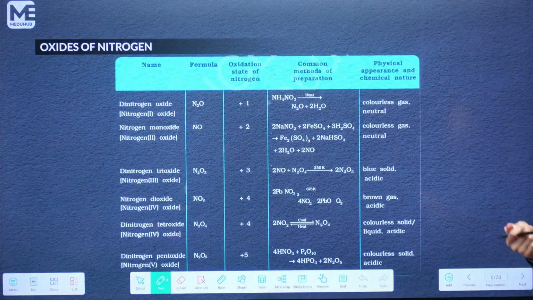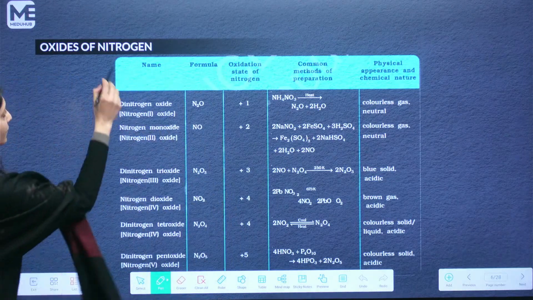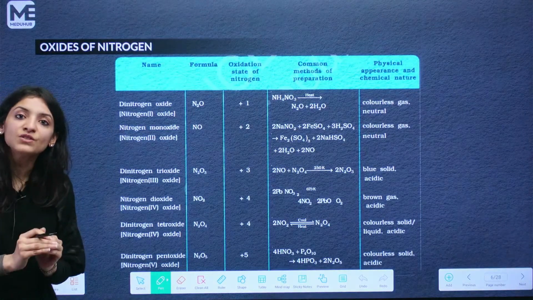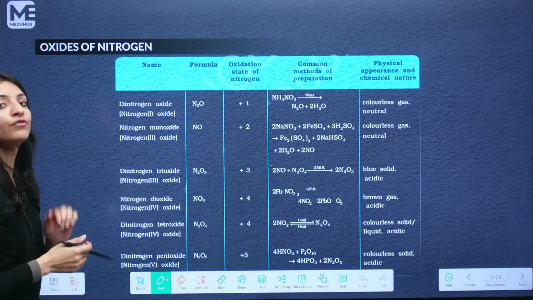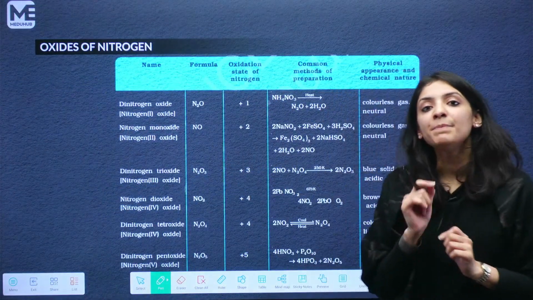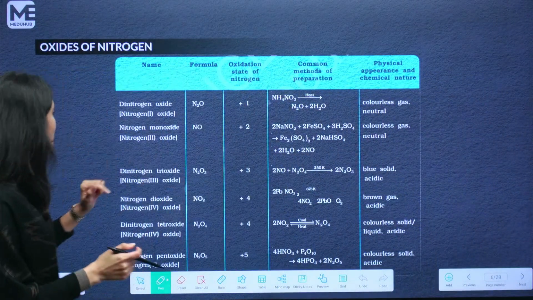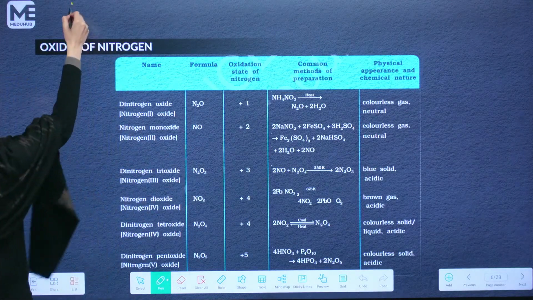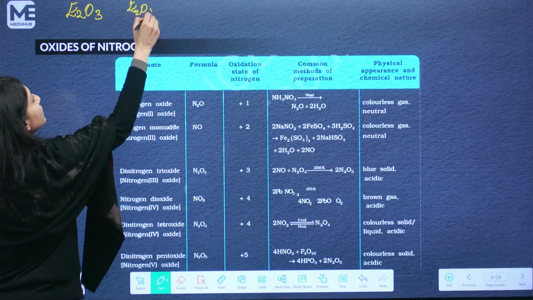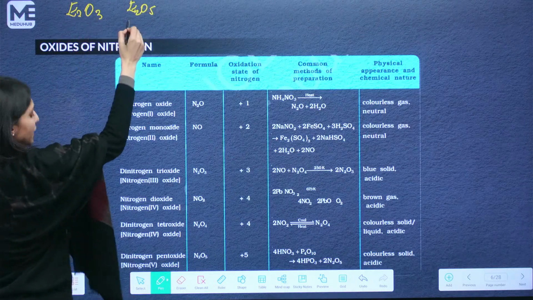Alright, moving on. So now we have to talk about the oxides of nitrogen. This is very interesting. Nitrogen forms numerous oxides, and the oxides of nitrogen are different from those of phosphorus. What is the difference between nitrogen and phosphorus? Nitrogen can form p-pi bonds, whereas phosphorus cannot form p-pi bonds. So if you see this particular oxide here, we know they form oxides of type E2O3 and E2O5. In the case of phosphorus, these P2O3 and P2O5,